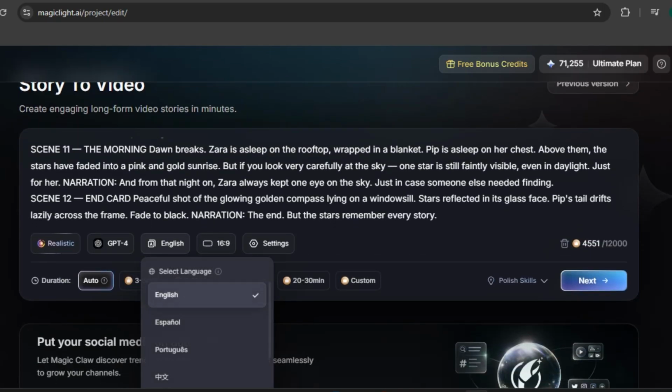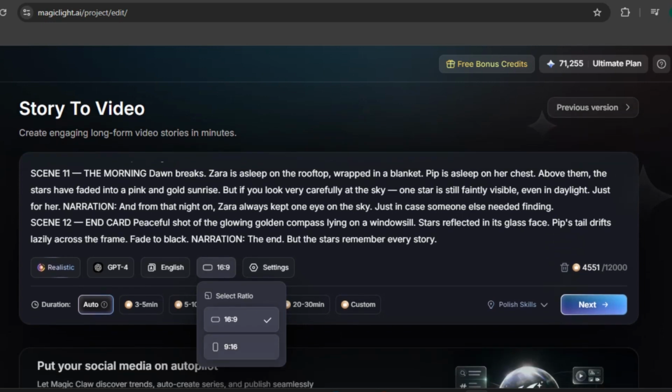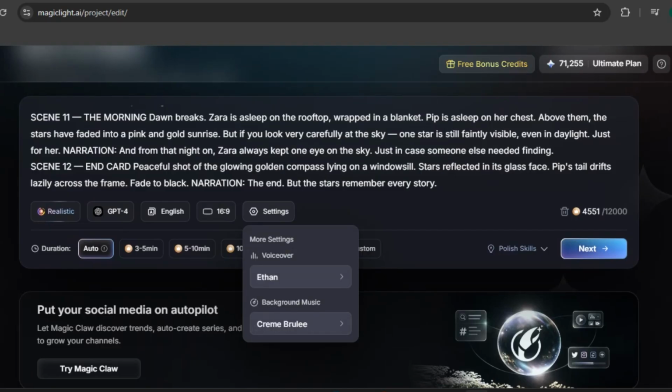From the languages, choose English. But note, MagicLight supports multiple languages. This sets the voiceover and subtitle language. In the aspect ratio, choose 16:9 for YouTube landscape. If you're making content for TikTok or YouTube Shorts, choose 9:16 vertical. We're going landscape today. For more settings, we will keep the voiceover and background music to auto and let the